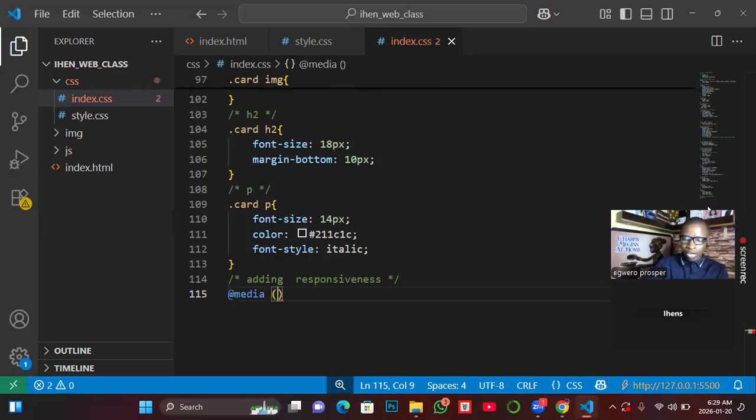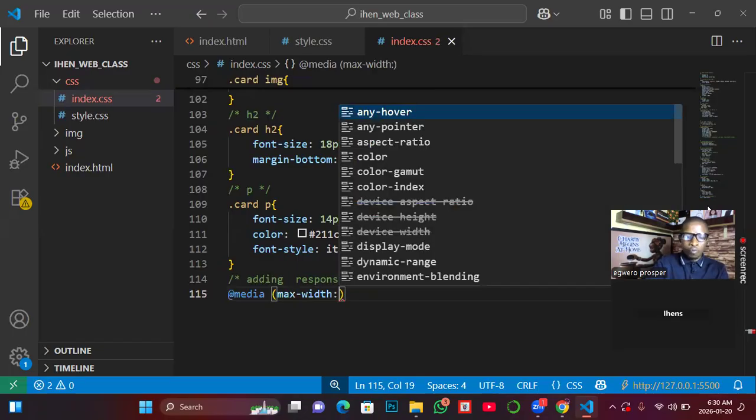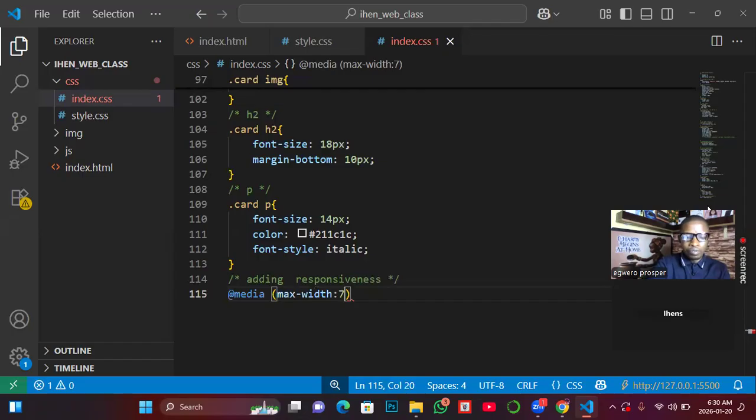Then you open a bracket, then you now say the maximum. So here you are saying that when this website gets to a device that the size is within this, this is how it should display. So maximum width, let's say maximum width, put a colon. You say for mobile, we are targeting 768